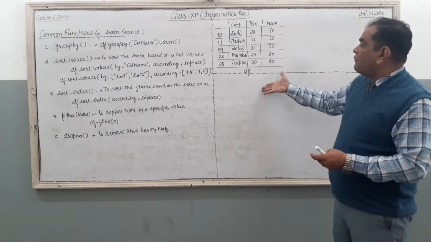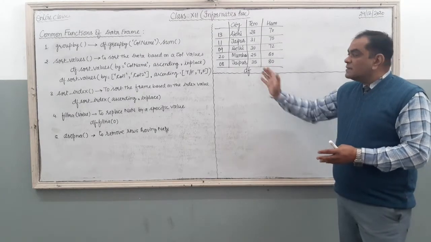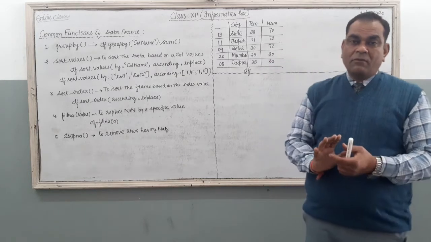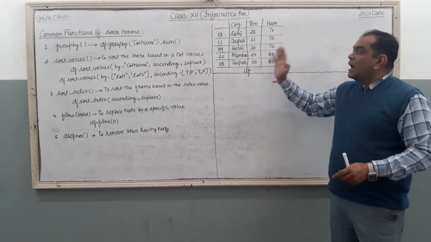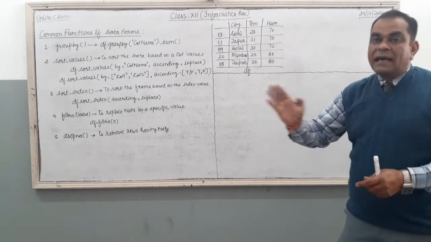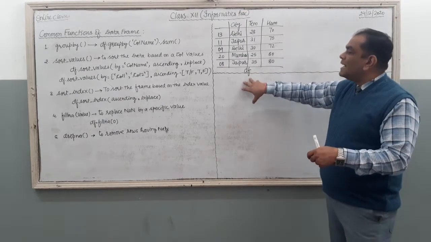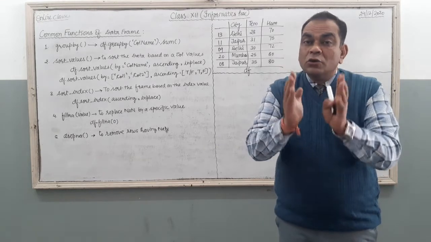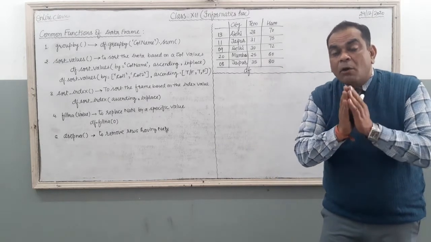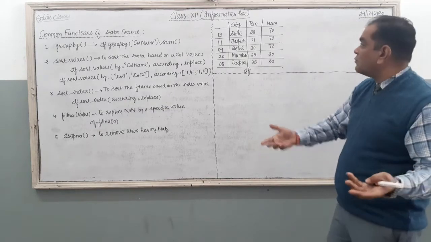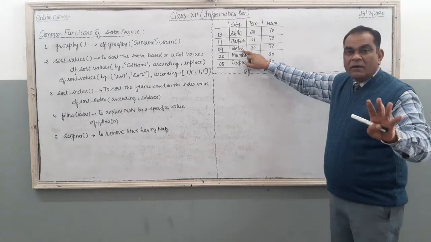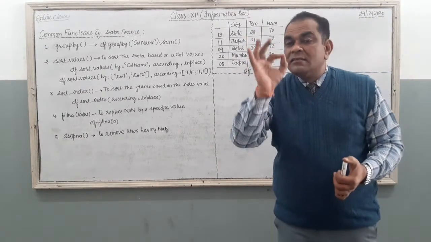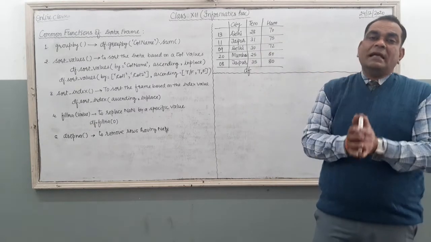Just see here, if we apply the command on this data frame, the group by command asks us about the column name. Right? Group by is based on a specific column of the data frame. So suppose I apply the group by command on the city column. Generally this group by command is applicable on those columns that contain common values. Common values means what? Just see, Delhi, Jaipur, Mumbai are common values in this column.